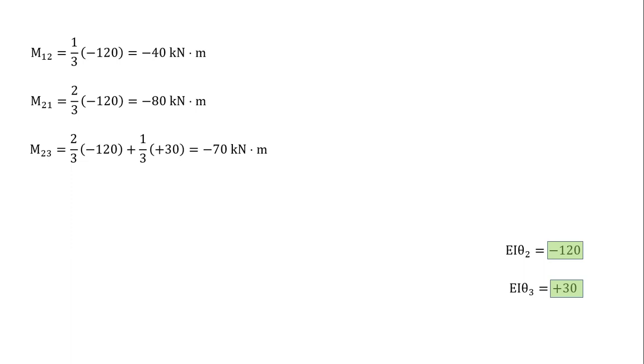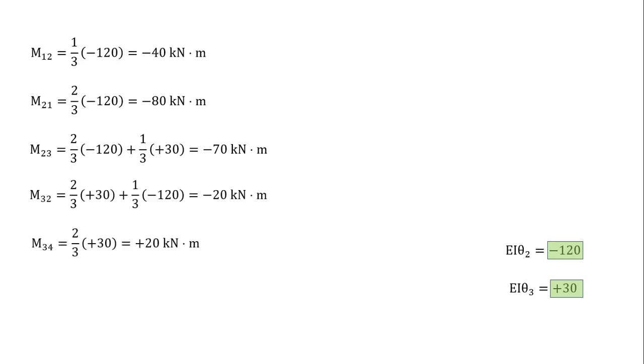Kaya kung titingnan natin, negative 80 plus negative 70 is negative 150. Yun yung kailangan natin makuha dito. Okay. Itong dalawang to, yung M32 tsaka M34 dapat same ng magnitude na 20. Okay ba lang ng sign. Okay, so 20 kN meter na negative yung moment doon. And M43 is positive 10 kN meter. Okay? So,